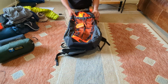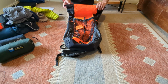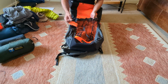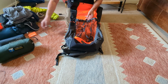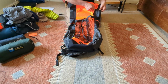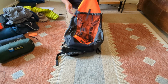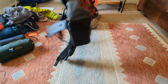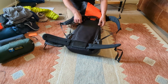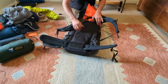This is an Atom Packs EP 50 plus 50 litre lightweight bag. That's just baggage tag for when I'm travelling. Made in the UK. This one I had custom colours. Relatively simple bag. It does have a stiffening hoop in the back, a little bit of padding,